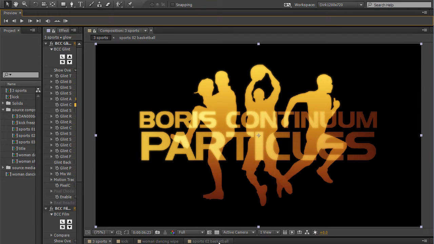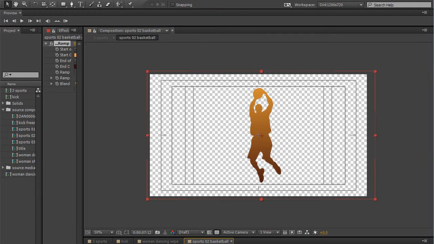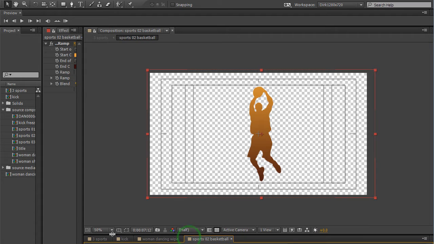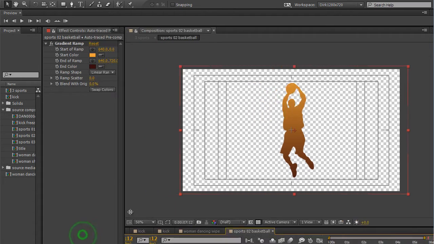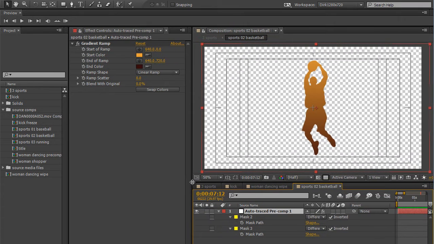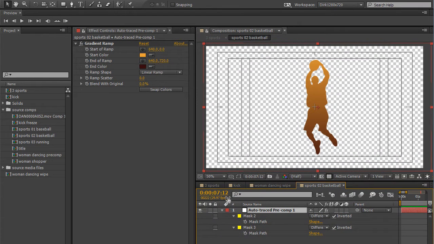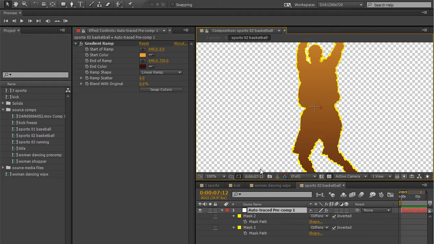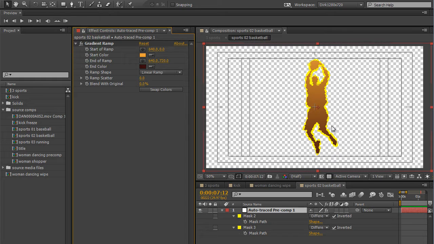Okay, so why don't we start with this element here, and just to show you what I have here, let's actually reclaim a little screen space. So this is an AE color solid. I used the After Effects auto trace feature to isolate the silhouette of this basketball player, and if I enable masks, you can see that. So there's a mask there,